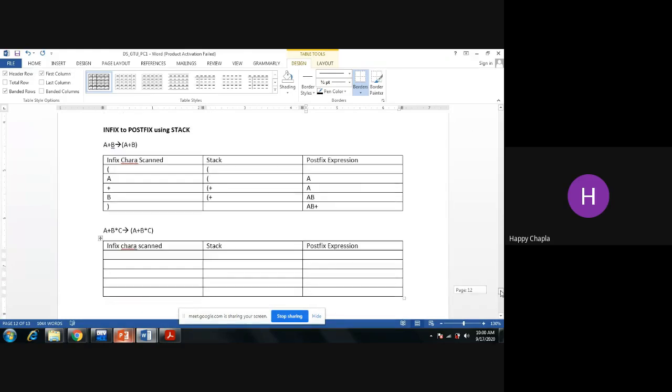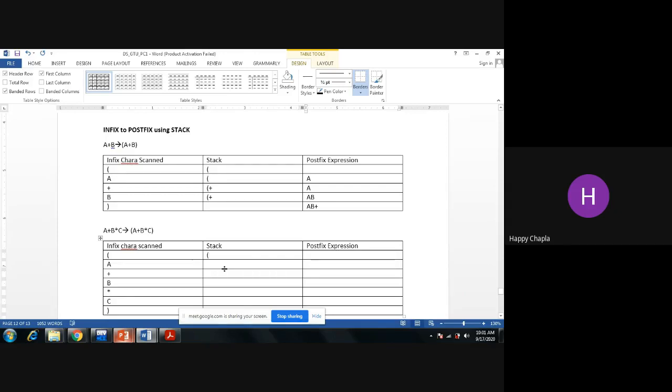Turn by turn, I'm writing everything into the infix expression: A, plus, next B, star, and C with the closing bracket. Now first push the starting bracket into the stack.